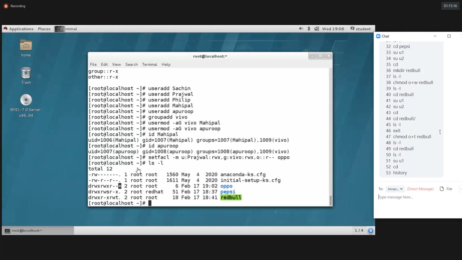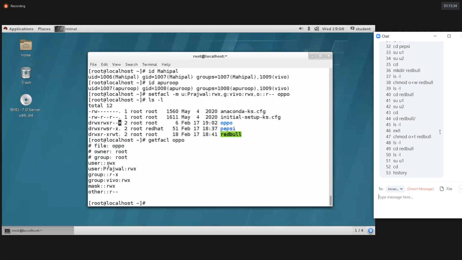Clear? Now I need detailed information on who has access and who doesn't have access. We provided access for whom, and for whom we didn't. So let's see here. getfacl, then Oppo, and hit enter. See here. User Prajwal has the full access.